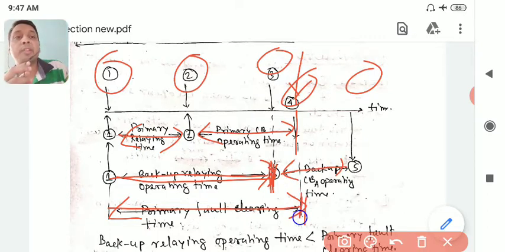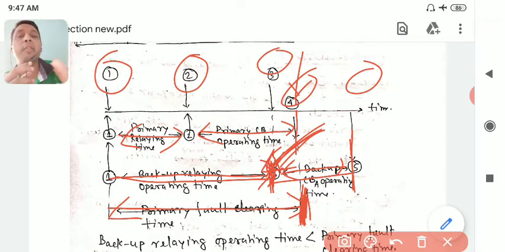Even if the current is 0, because the trip signal is provided to the breaker here, you can see the trip signal is provided to circuit breaker A here because it is the backup. Even if the current is 0 here, because your primary circuit breaker operates here, as you have given a trip signal to your backup circuit breaker a bit earlier, there is no stoppage. So the backup circuit breaker will trip at 5. So finally everything will be off.